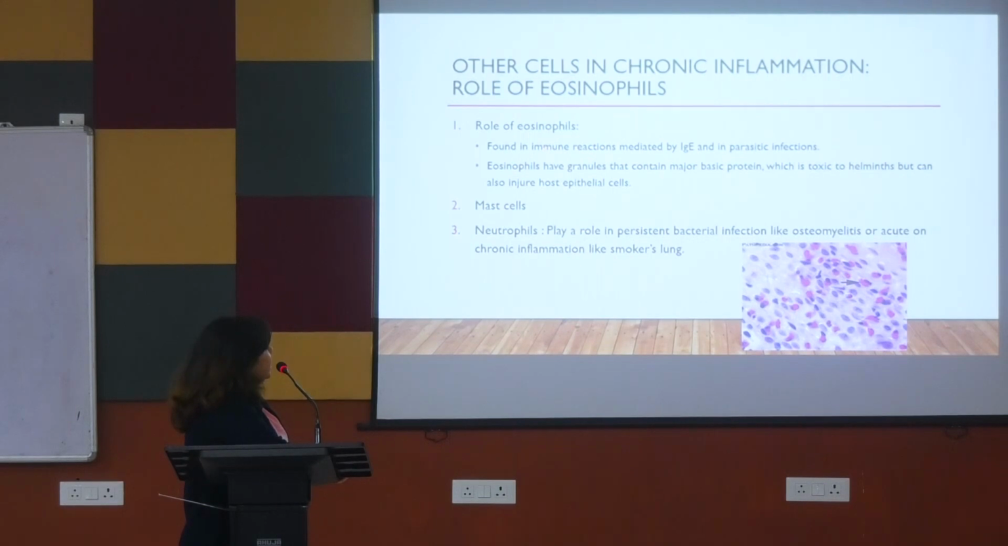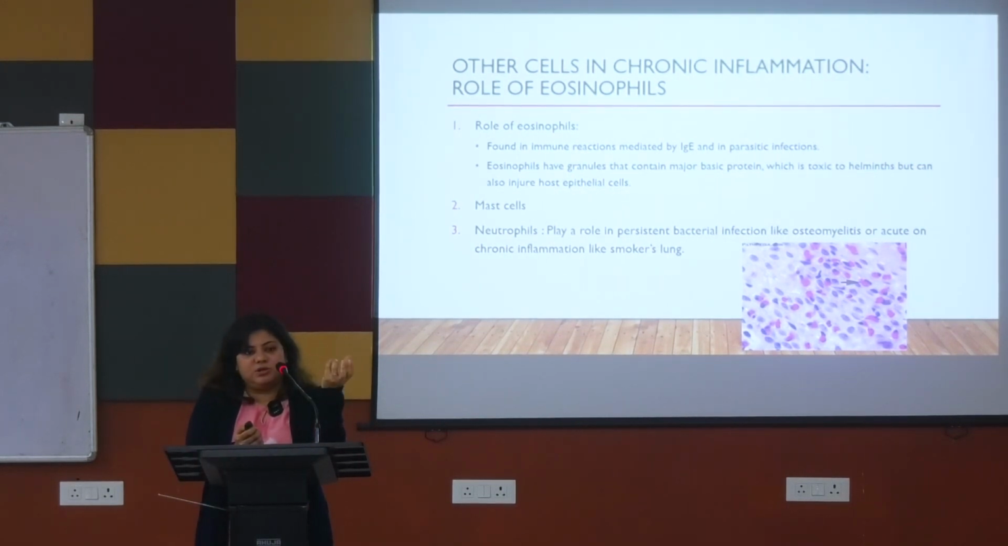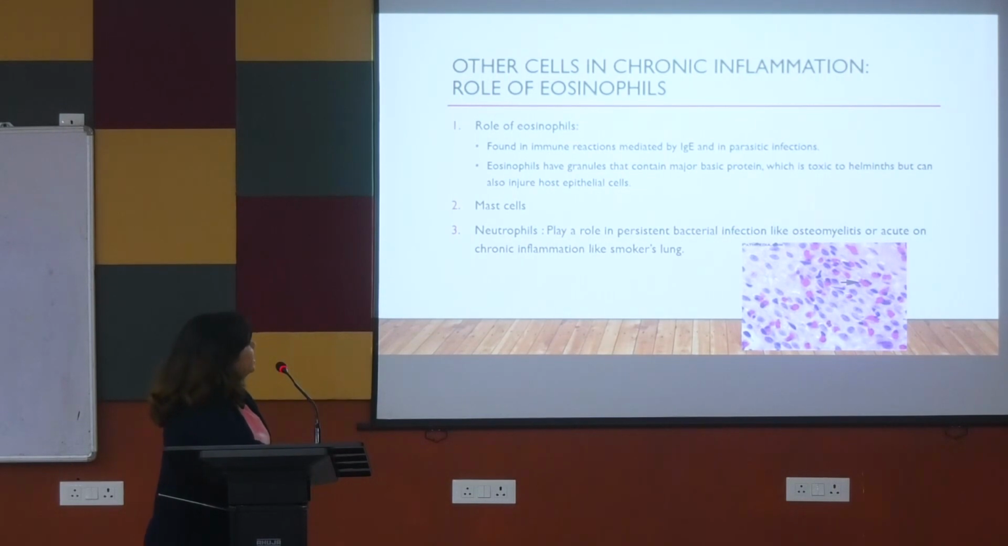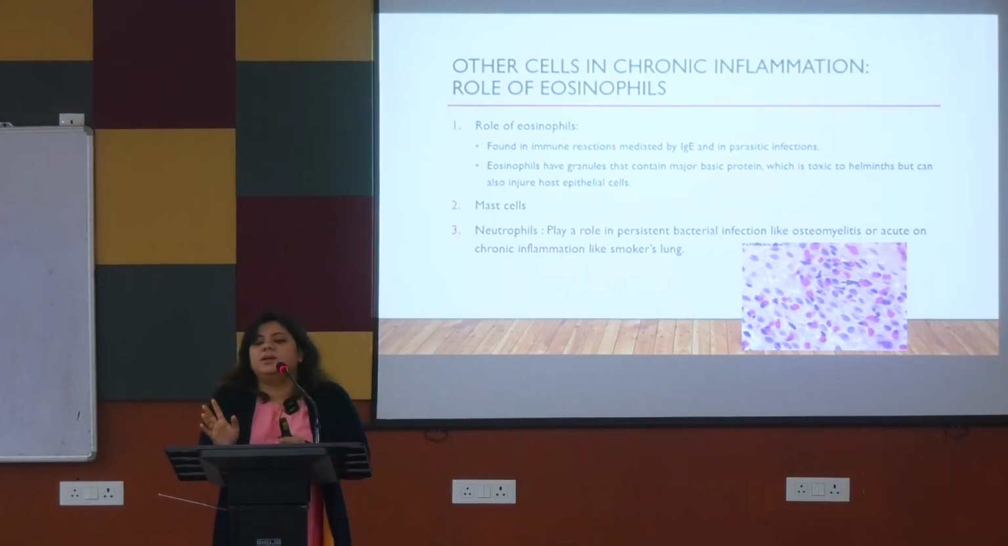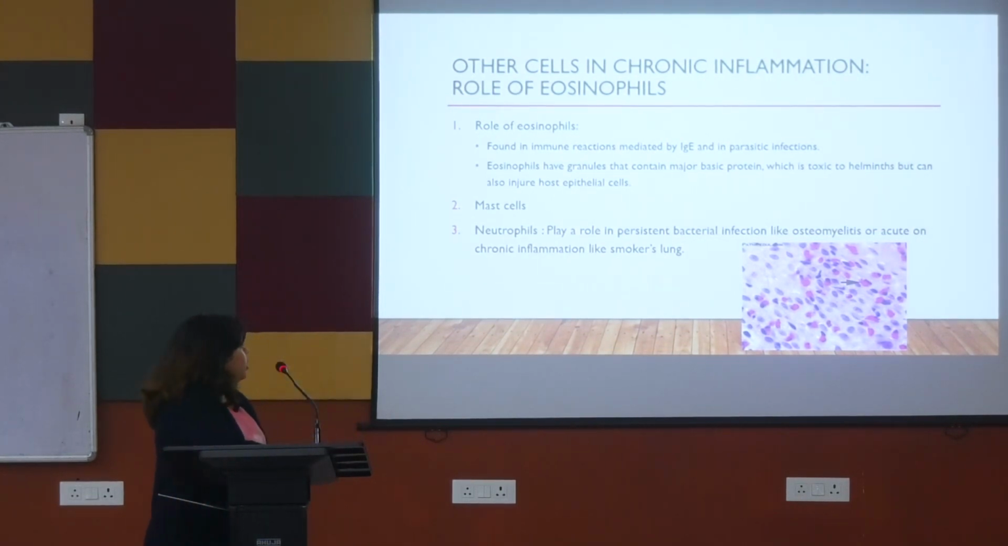Now they are mainly found in parasitic infection or immune reactions mediated by IgE. Eosinophils have coarse orangish pink granules, right? Now these granules contain major basic protein. Now this major basic protein is toxic to helminths, right? Parasites are attacked by eosinophils. So eosinophils' main job is attacking the parasites, but can also be detrimental to the host. Example,